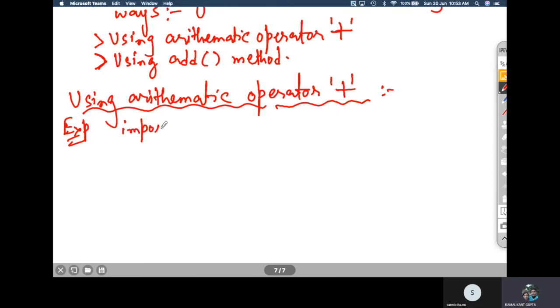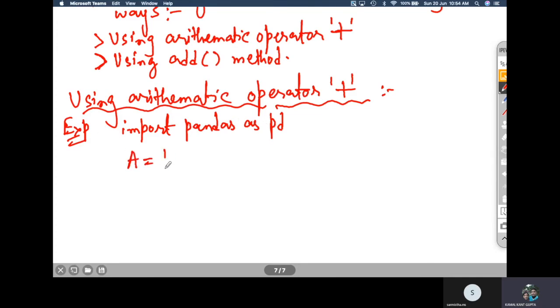Import pandas as pd, and then we have two series.